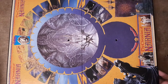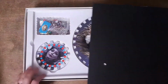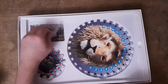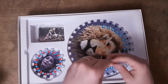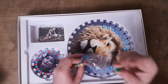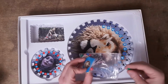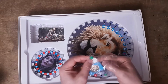You have a spinning thing here. Again, pictures from the program itself. We'll come back to that in a moment, because in here, all you're basically getting are some cards, some pins, which remind me of a game called Mastermind that was popular back in the day. I'm not too sure if they're even the same pins as Mastermind. If anyone's my age remembers that game. So we have those. We have these cards, and we have these white bits,